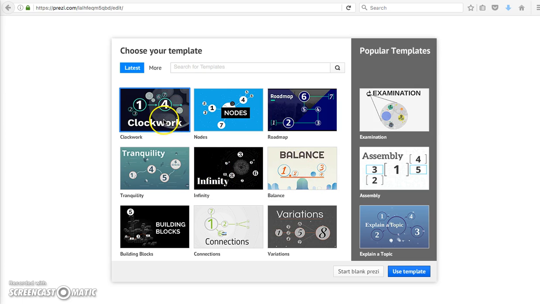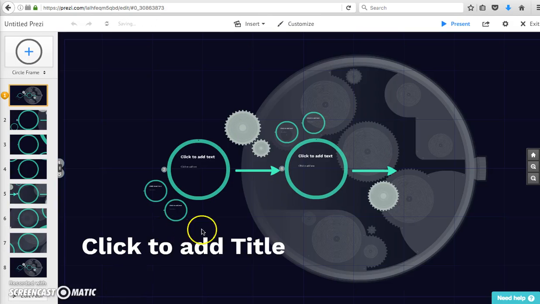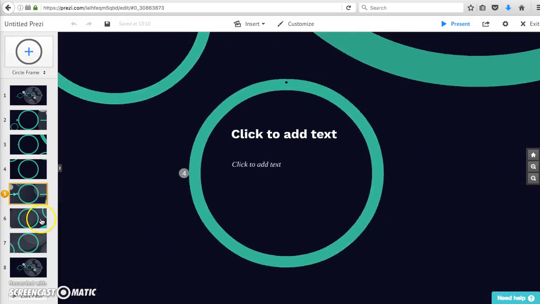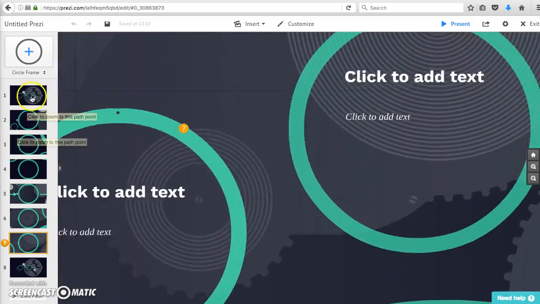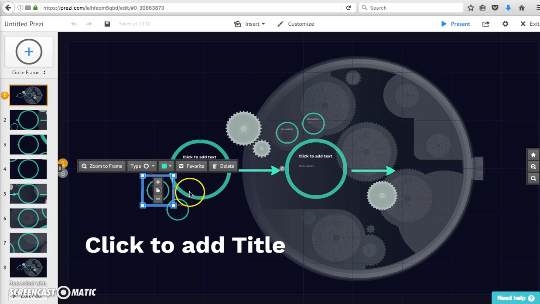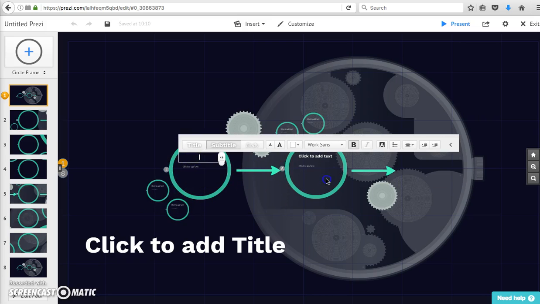In this case, I'm going to just click on the very first one, Clockwork, and double click and open up the Clockwork template. Now you see on the left-hand side slides that are similar to what you might be familiar with in PowerPoint. By clicking on each slide, you are opening what they call a frame within the main slide. Here's the main slide, and each one of these is a frame, and each frame can be edited and animated,